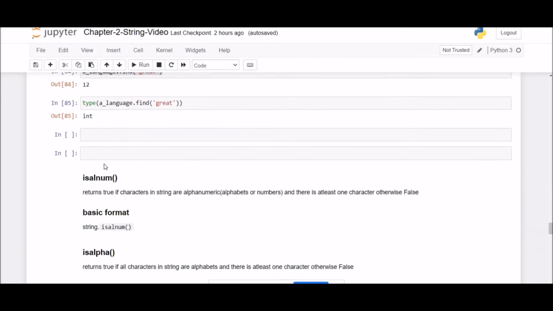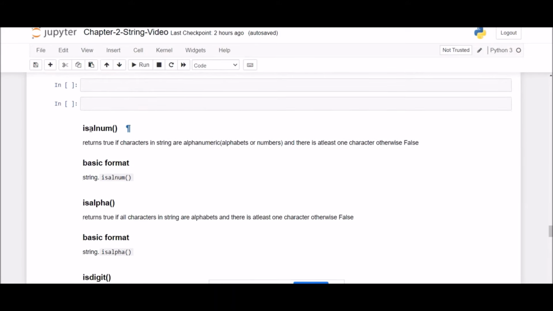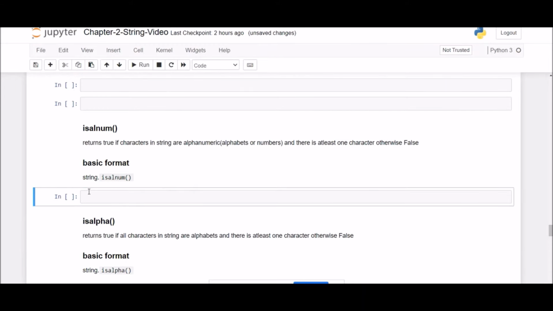Let us move forward and understand another important method in Python, which is isalnum. If you read this method by bifurcating it, you'll see two different things. Al represents alphabet, and num represents number.